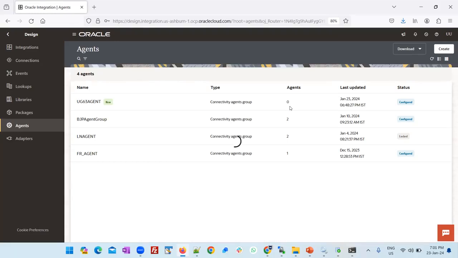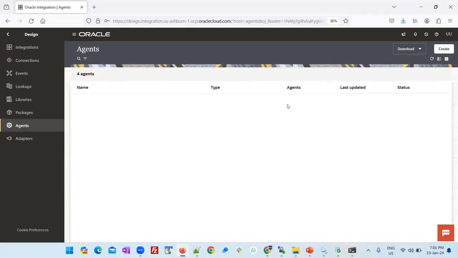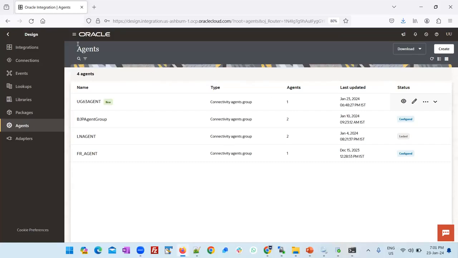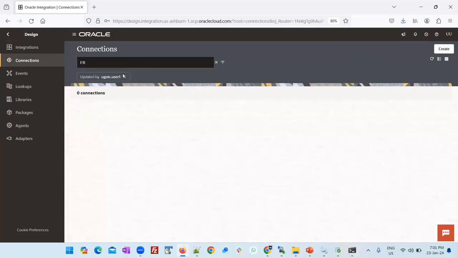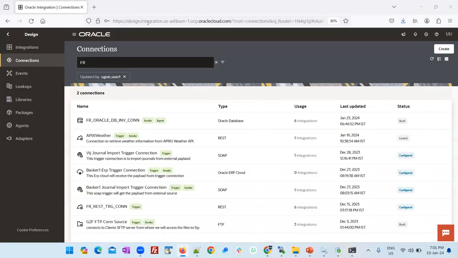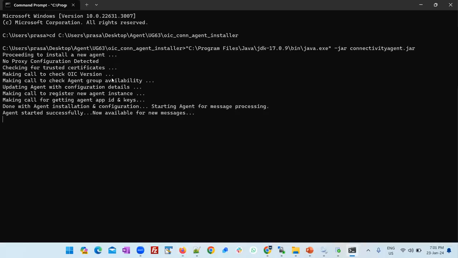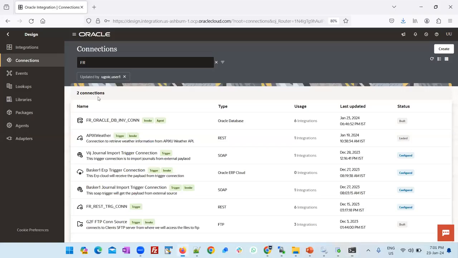It is 0 at the moment. Once it is refreshed, you should be able to see 1. Now, which means that agent is up and running now. So which means connectivity is established from OIC instance with my machine through this particular agent. Okay. Now I can go to my UG63 DB connection,